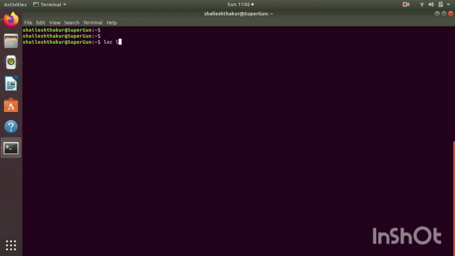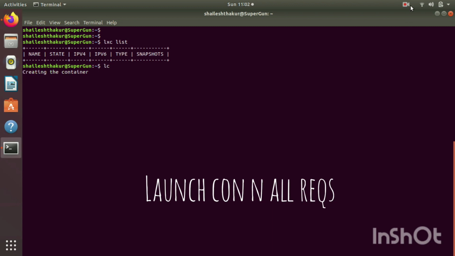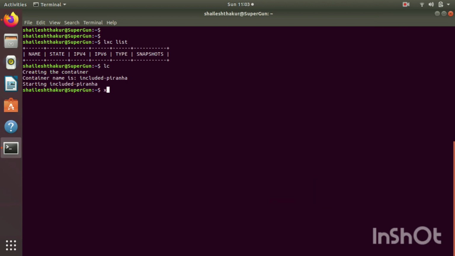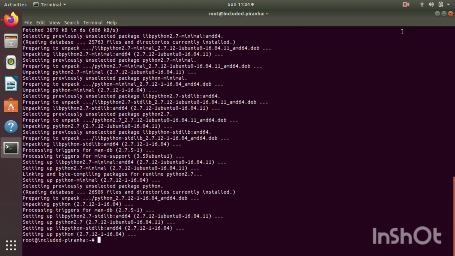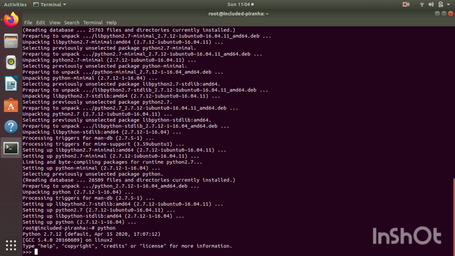Now we want to talk about image management. How do you actually create an image out of a container? So you just go out and create a container. You can do LXC launch. In this I have used an alias. Now go inside the container and install whatever you want. So this is the other way you create your image out of your container. You have a container launched, and then you go inside and install all prerequisites and put whatever you want inside the container.